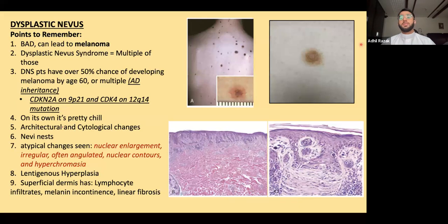On its own, it's pretty chill if it's one or two. Usually, it's not problematic. But if it's multiple dysplastic nevus syndrome, you see multiple of them, very, very huge red flag. It could lead to